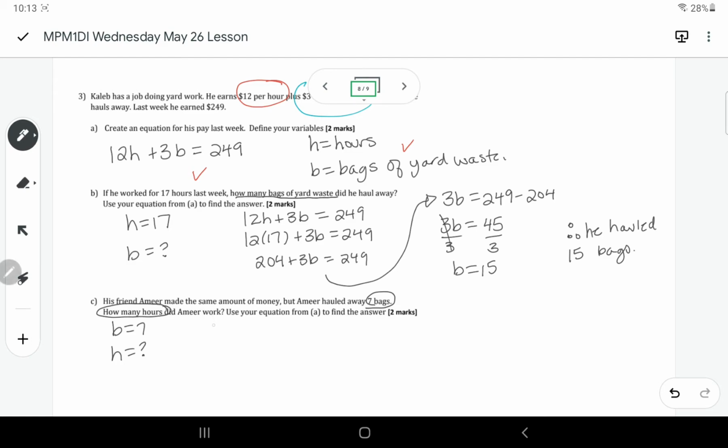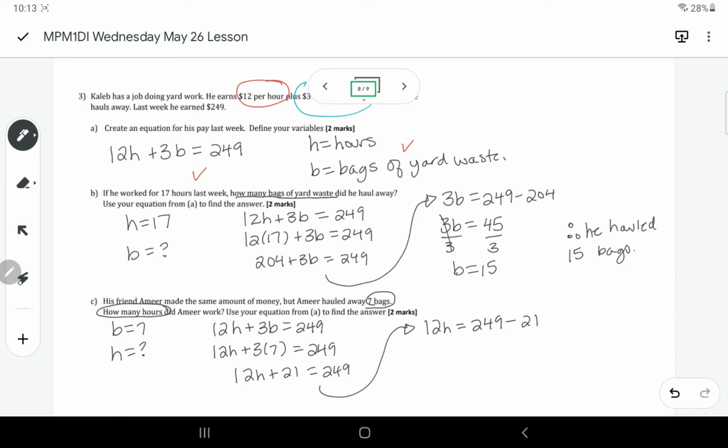So we're going to take the same equation, 12H plus 3B is 249. And then 12H plus 3 times 7 is 249. 12H plus 21 is 249. And we're going to, again, running out of space. Opposite operations with that plus 21. So 12H is 249 minus 21,